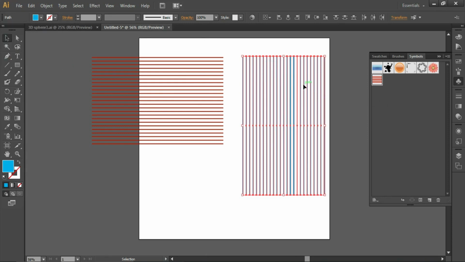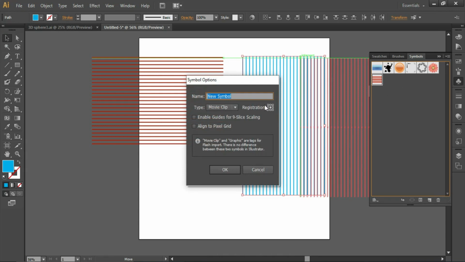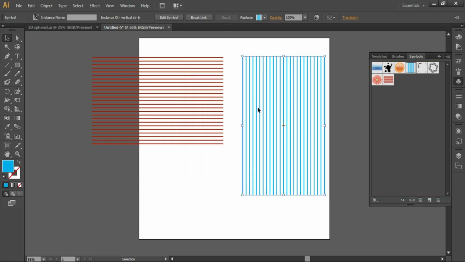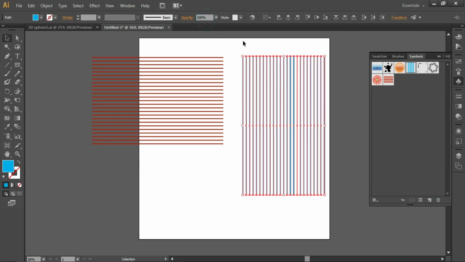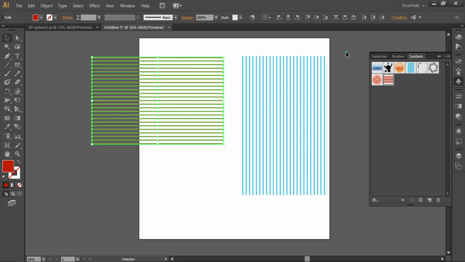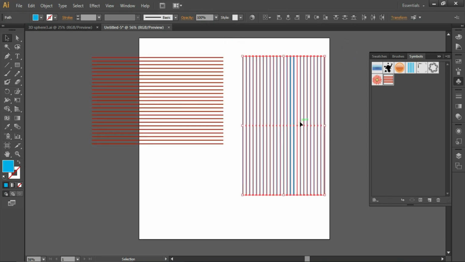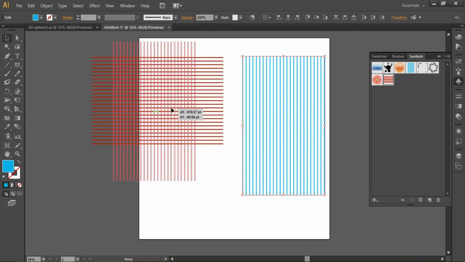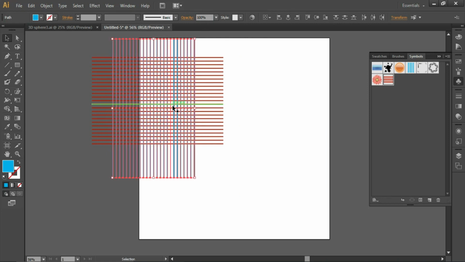Again we'll click and drag this pattern and put it in the symbols panel. This time we'll name it as Vertical Stripes Transparent. Click on break link again. Here also click on break link. Now you can take both the stripes, put them one on top of the other